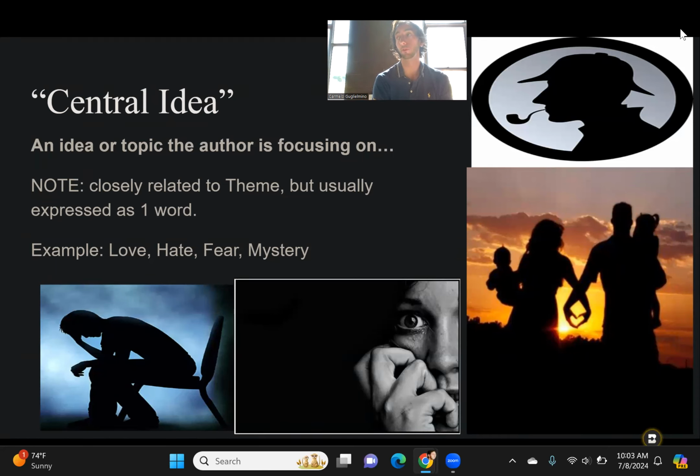So, for example, if you slap me a passage from Sherlock Holmes, I could read it, and it may be like a page long. It could be a paragraph long, and it could have maybe one clear central idea, one clear idea that's like, yeah, the author is definitely focusing on this, but it could have other ones as well. Most texts do have multiple ideas that they are focusing on. And as you might have kind of understood here,